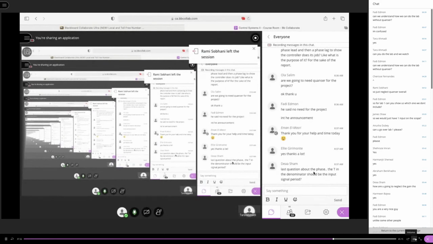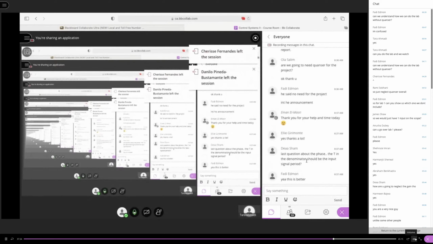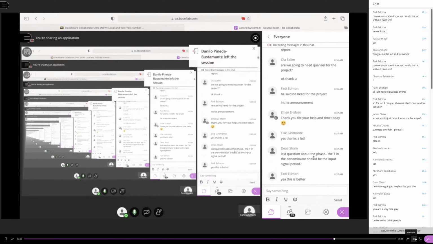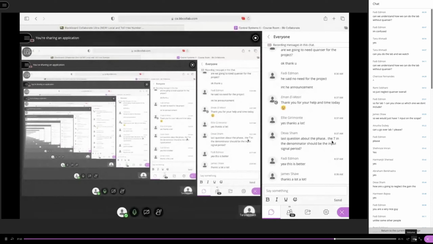Last question about the phase. The T in the denominator should be the input. I'm not quite getting your question. What do you mean by the T in the denominator should be the input period signal? Yes, the T in the denominator should be the